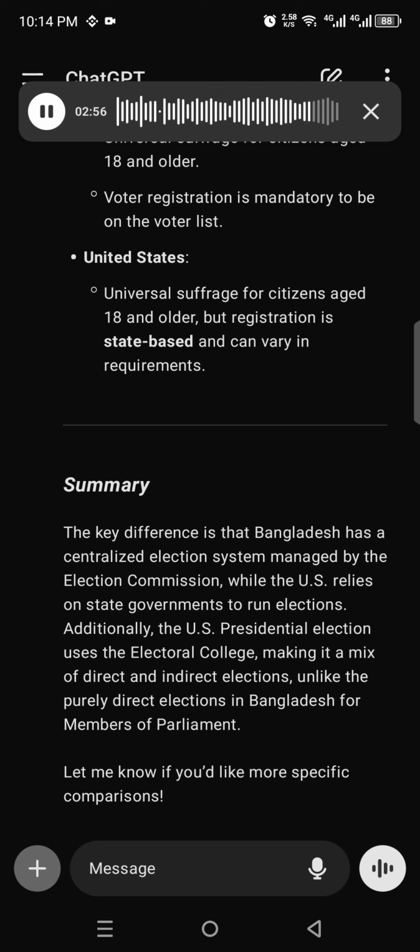Summary. The key difference is that Bangladesh has a centralized election system managed by the Election Commission, while the U.S. relies on state governments to run elections. Additionally, the U.S. presidential election uses the Electoral College, making it a mix of direct and indirect elections. Unlike the purely direct elections in Bangladesh for members of parliament,